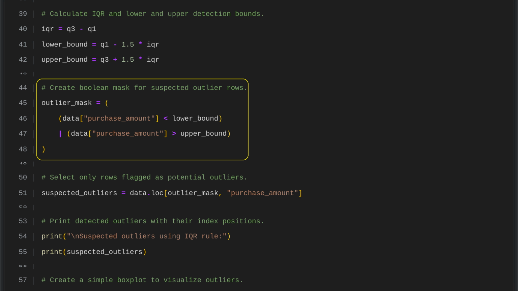We use a Boolean mask to flag rows in the dataset that may be outliers. For each purchase amount, the mask checks whether it is below the lower bound or above the upper bound. If either condition is met, that row is marked as a potential outlier. This makes it easy to filter and focus on values that fall outside the expected range defined by the interquartile